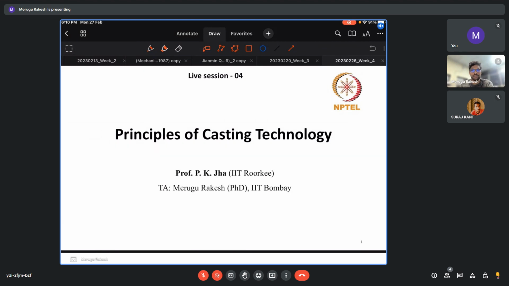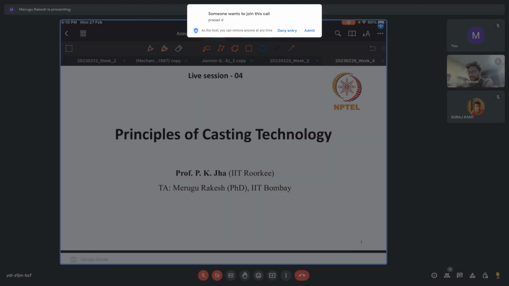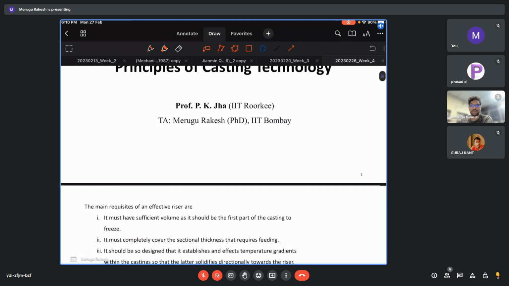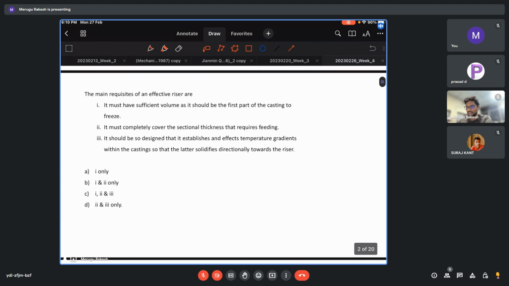This session relates to the fifth week. There are some topics mostly focused on riser design, and a little bit of solidification analysis. I'll be solving some of the numericals as well as some of the simple topics while solving these theoretical as well as numerical questions. So let us start with